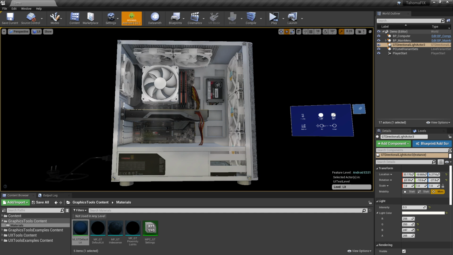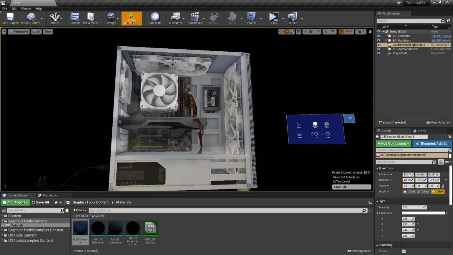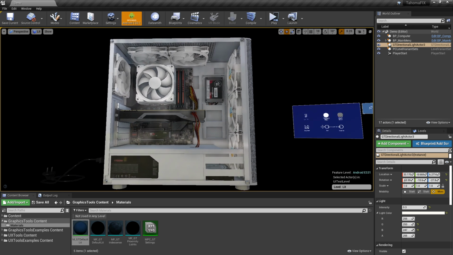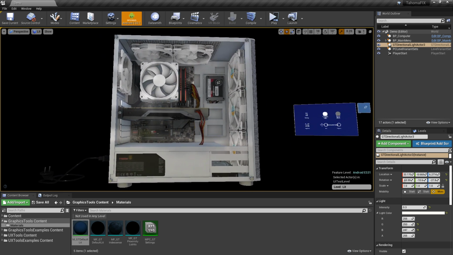Because it got a little washed out, I'm going to want to adjust some color settings now that I've got this in a better previewing mode. When you're working on the HoloLens 2, because it's an additive device, you're going to want to make things a little bit brighter than you normally would inside of the editor. Things like black are going to be transparent, so you're going to push those black levels up into the gray. So we're going to make this a bit poppier and a bit more contrasty.